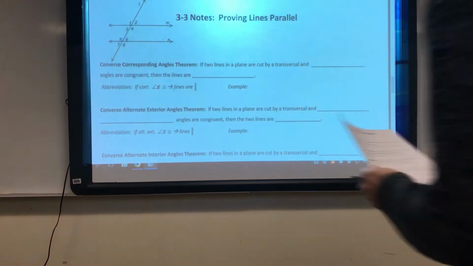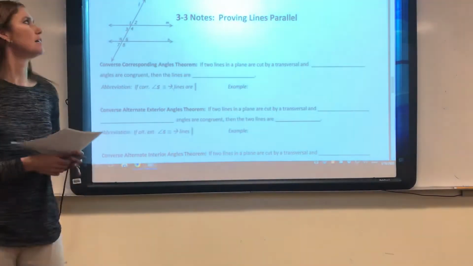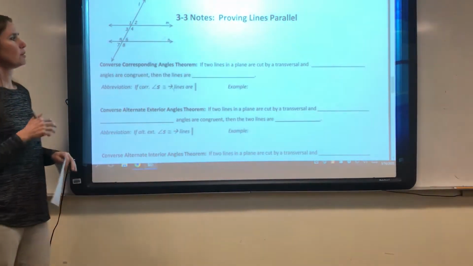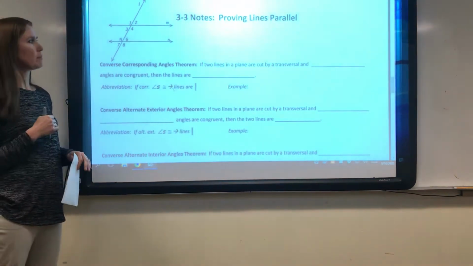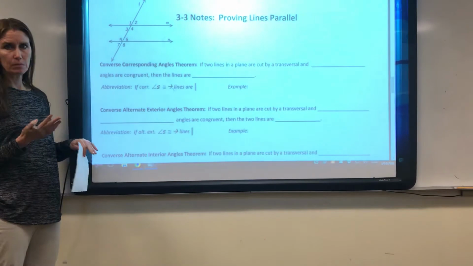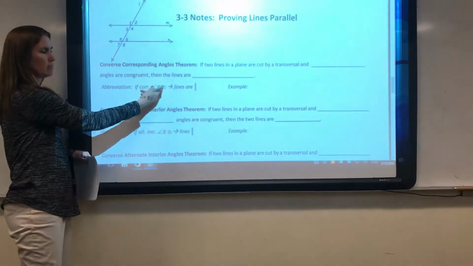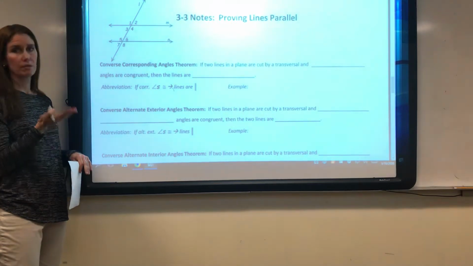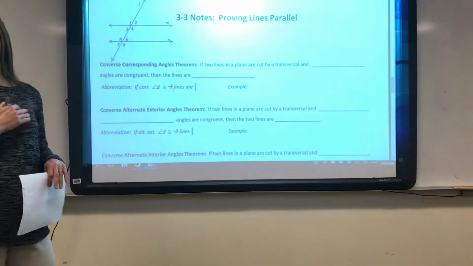Okay, let's go through the 3-3 notes. This is proving lines parallel. So in this case, we are going to talk about the converse of the corresponding angles theorem. It's going to sound very similar to what we did before. It's just going to be the opposite. The sentence is going to be in the opposite way, like we did the converse and the conditional in chapter